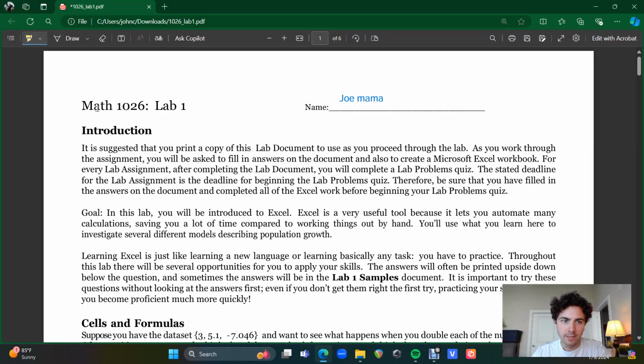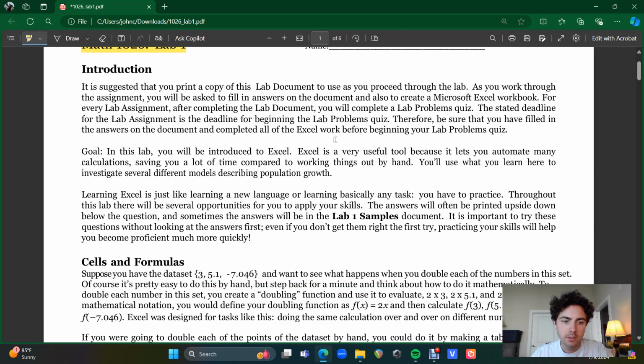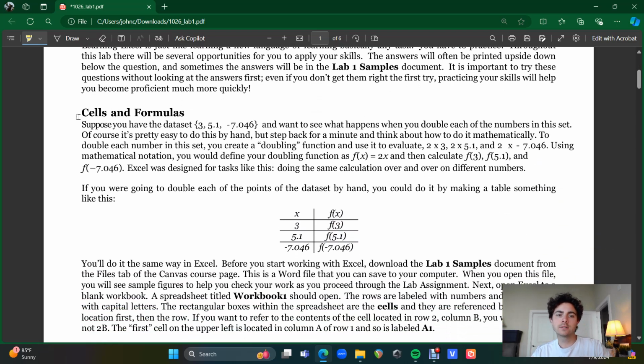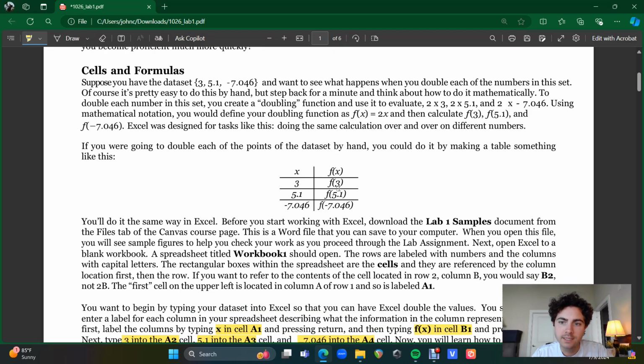Okie dokie. In this video, we're going to be walking through Math 1026 Lab 1, starting with our names at the top. Let's go through this as quickly as possible. So starting with cells and formulas. This is just kind of like dipping our toes into how to use Excel and type in formulas and things